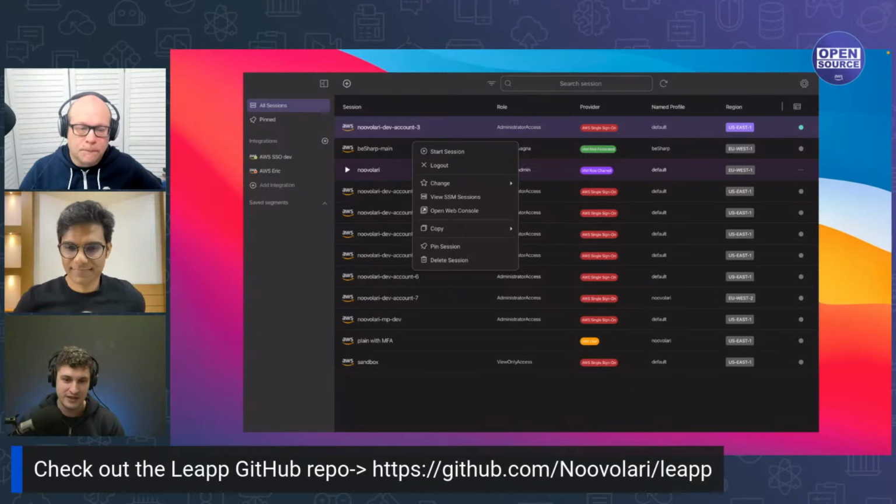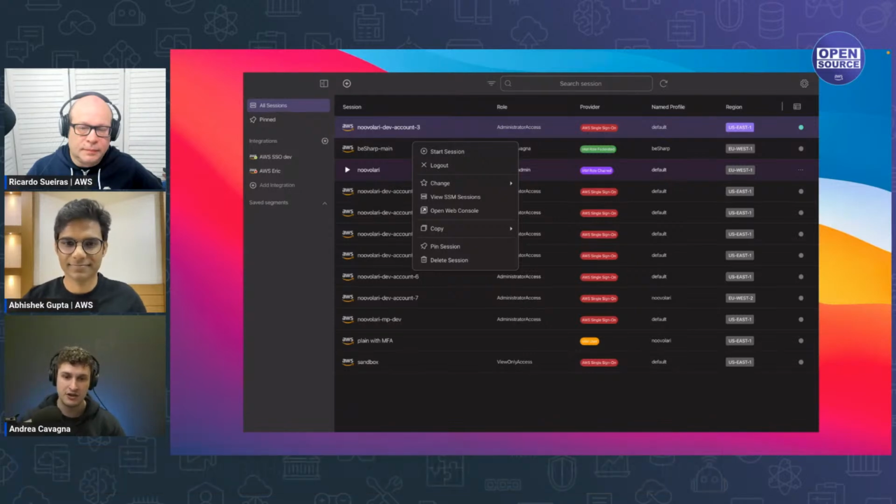So everything created in Leapp is created with security first. Every sensitive data is stored in an encrypted way in your system vault, and the app works only locally, so it calls STS automatically from your local machine.